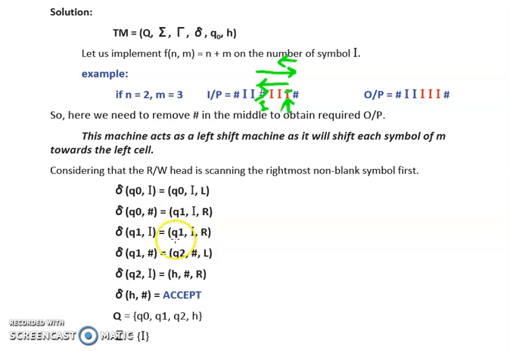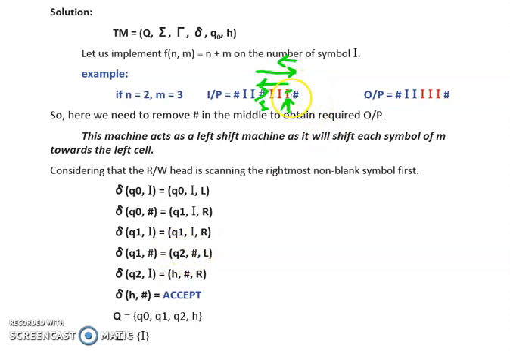We remain on the state Q1 till the I is taken as the input. So whenever the I is encountered on the state Q1, we will remain on the state Q1 itself and I will be replaced by I, and the direction of movement will be right because we are moving to the right direction. Now we will move in the right direction till the hash is obtained. Now suppose we are on the state Q1 and hash is obtained. So again we are going to change the state because hash is treated differently. So we have changed the state from state Q1 to state Q2.